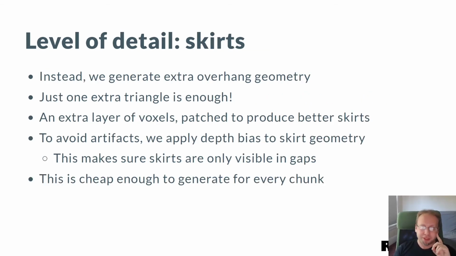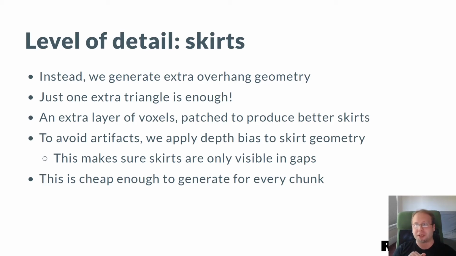we use the next best thing, which is skirts. This is a classical technique from the height map rendering world where you generate extra overhang geometry for individual cells and then hope that that will cover the gaps. For us, that just means one extra triangle. And we do this based on just one extra layer of voxels. We do some voodoo magic to kind of patch up the voxels so that the geometry ends up being more reasonable. But fundamentally, the geometry in skirts is not very reasonable for us,